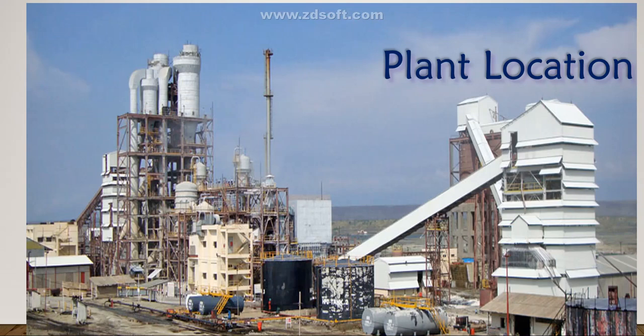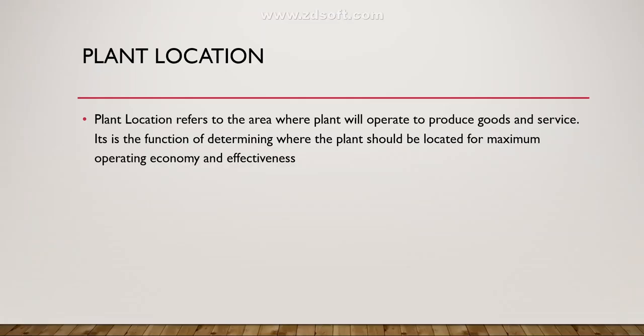Let's see what plant location is. Plant location refers to an area where a plant will operate to produce goods and services. It is the function of determining where the plant should be located for maximum operating economy and effectiveness. A plant location is the actual place where you are making a decision in order to plant your